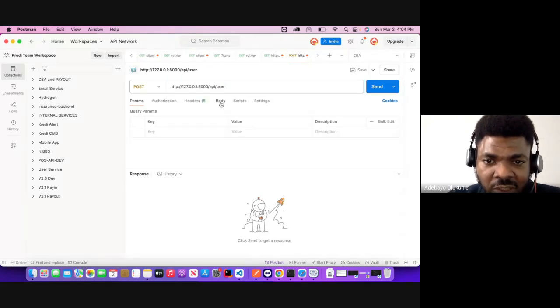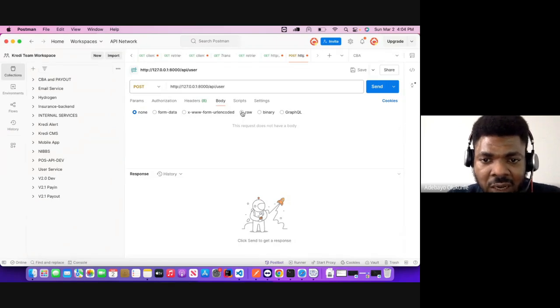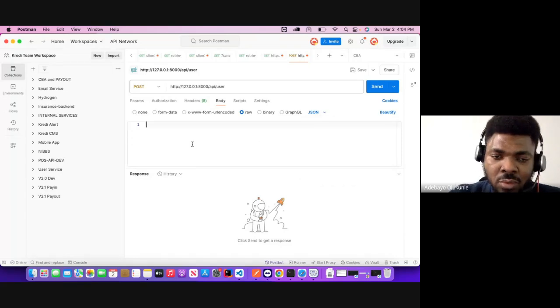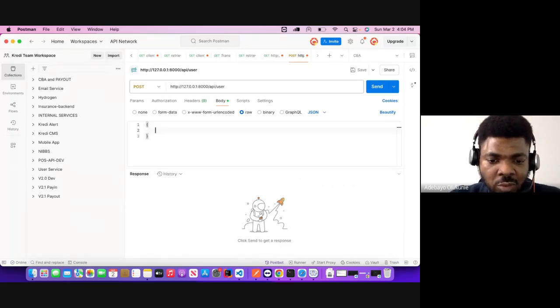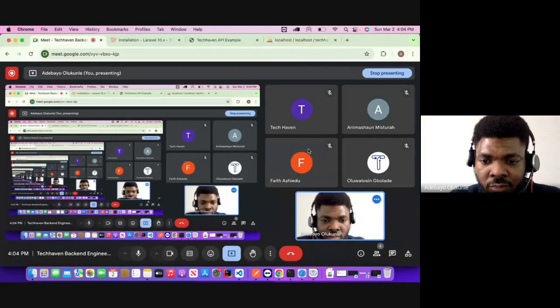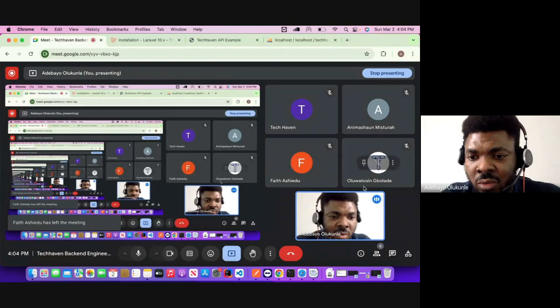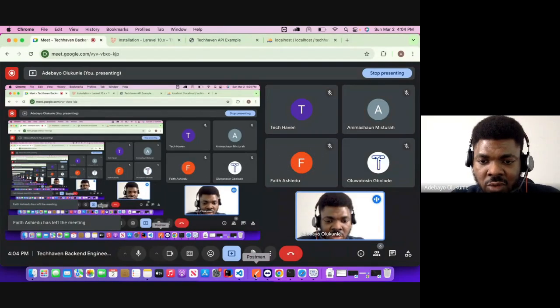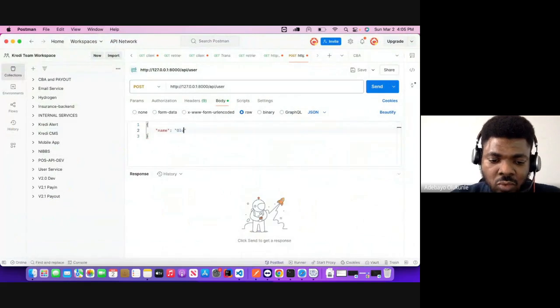And here, because I want to send a JSON request, I come to the body, right? And I click on raw and make sure that I'm selecting JSON here. Okay, then you come here with an object, the details you want to send. You're sending name, and you pass the name. Let me check someone's name here in the call. Yeah, I want to create an account for Oluwatosin Bolade. So I'll just come here and say Oluwatosin Bolade,